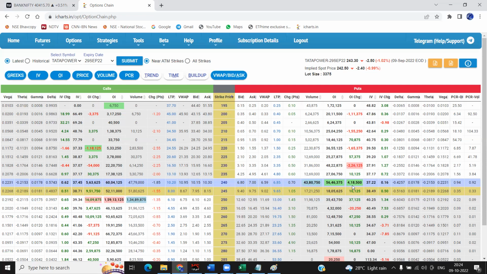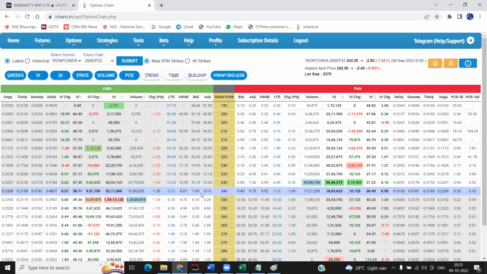Let's take it this way. It will not be exact, but it will be more or less on that line. Say at this point the price is around 242, 243 odd, and my stop loss is 5 rupees lower. Every strike price is 5 rupees apart, right? 235, 240, 245. Now if I buy at around 10 to 15, the lower side is 7.95, 8.15. I can take it this way.